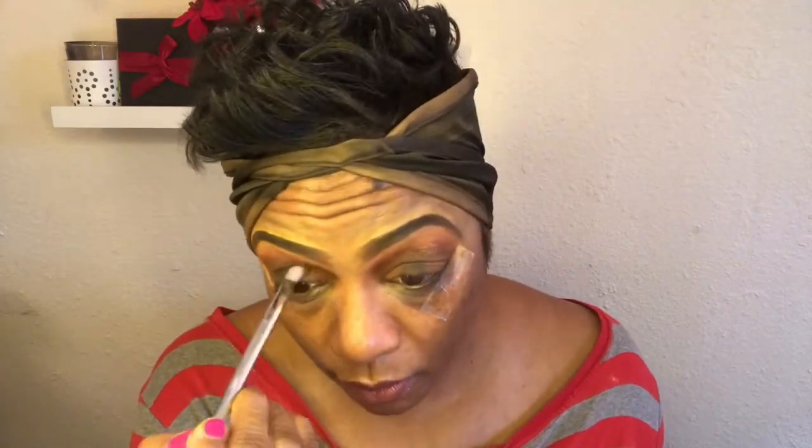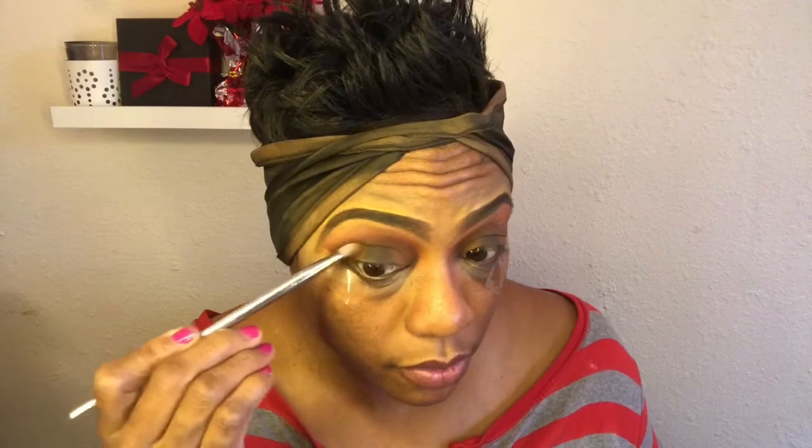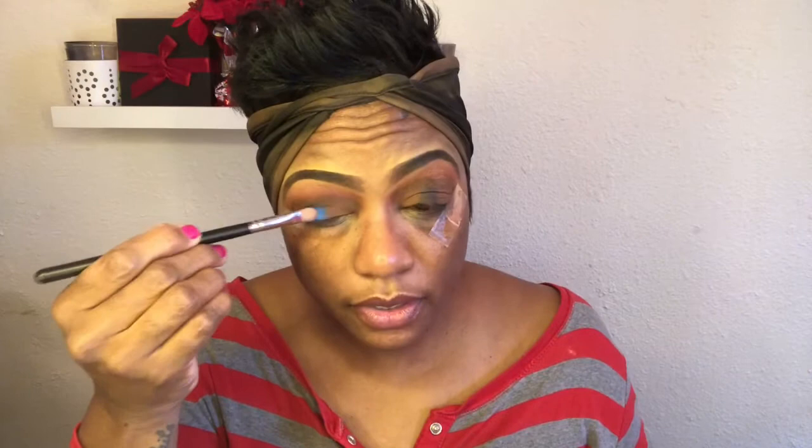Get that blended on. And the outer little V. We have to do a little bit of packing, but that's okay. Hopefully you guys can see that. Pack, pack, pack. And pack, pack, pack. I'm going to take Dahlia on a dry brush first and get this laid down right